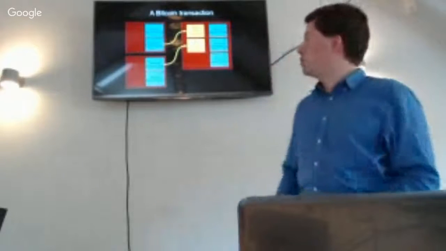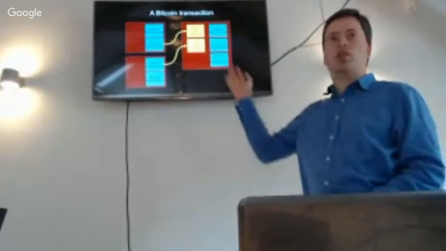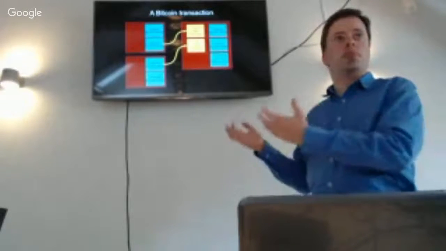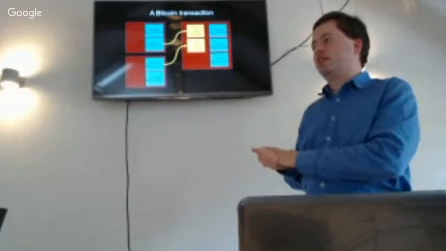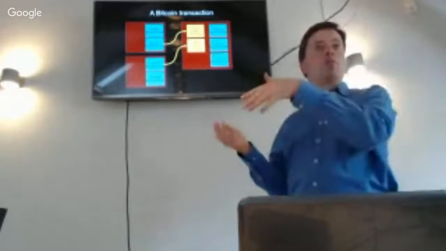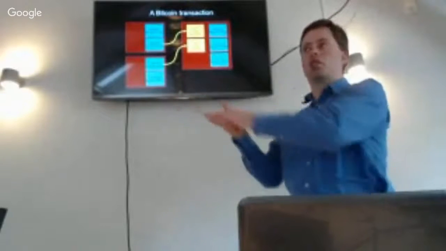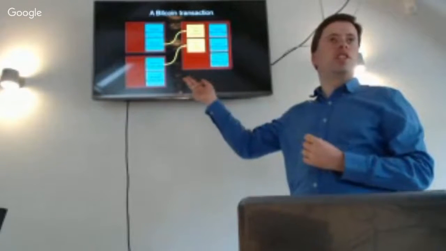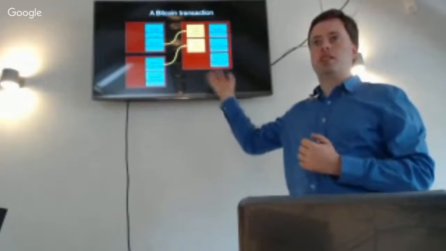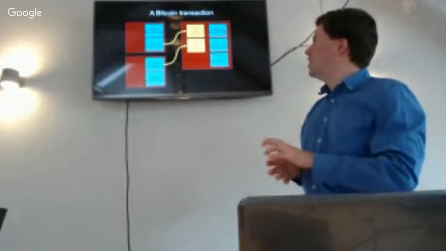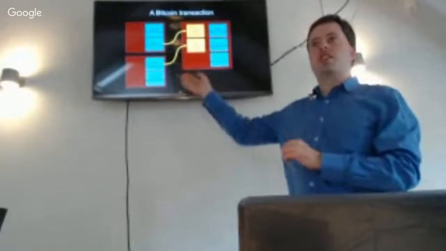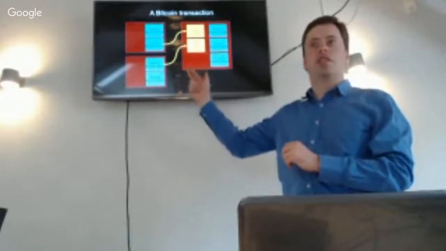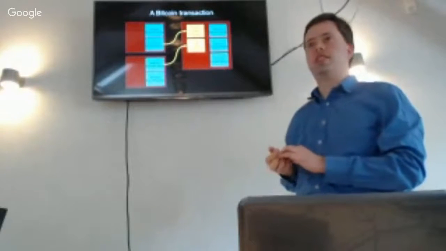So before we start with that, first a small look at Bitcoin transactions. Basically, a Bitcoin transaction has inputs and outputs, and the inputs specify where the money comes from, and the outputs specify where the money goes to. Or actually, the output specifies the conditions that have to be met before somebody can spend that output. So in an output, effectively a script is specified,